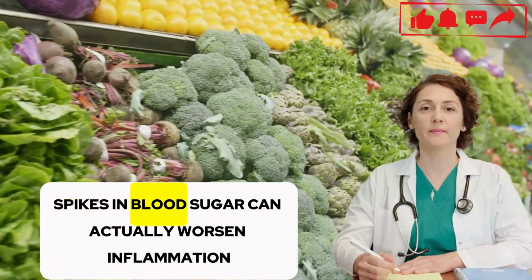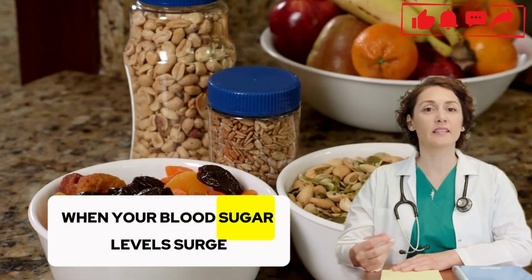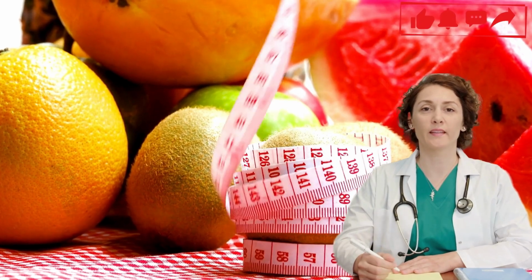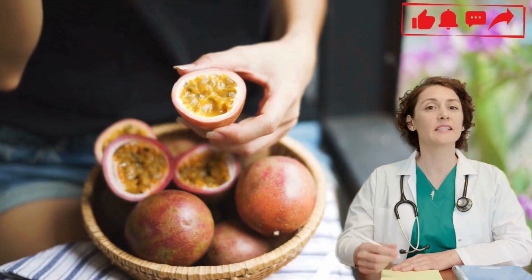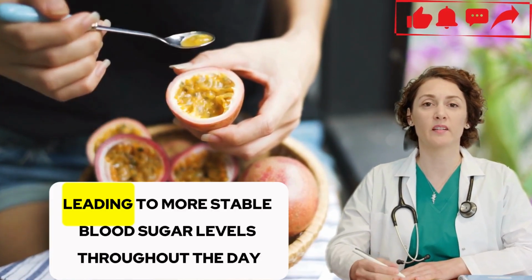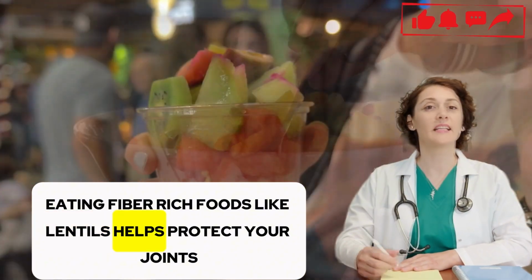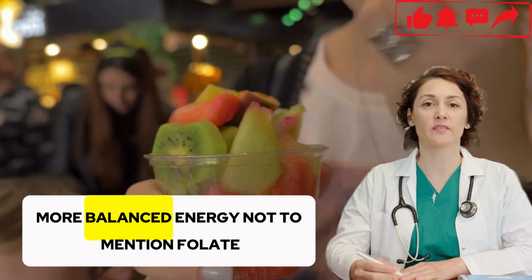See, spikes in blood sugar can actually worsen inflammation. When your blood sugar levels surge, your body releases inflammatory molecules. And that means more pain, stiffness and joint discomfort. Fibre, however, slows down the absorption of sugar into your bloodstream, leading to more stable blood sugar levels throughout the day. Eating fibre-rich foods like lentils helps protect your joints while also giving your body a smoother, more balanced energy,